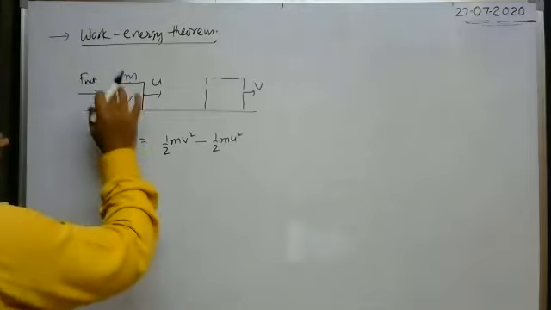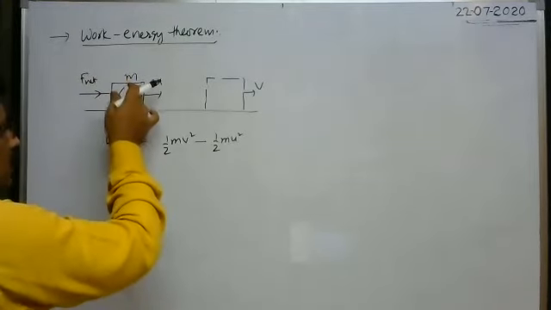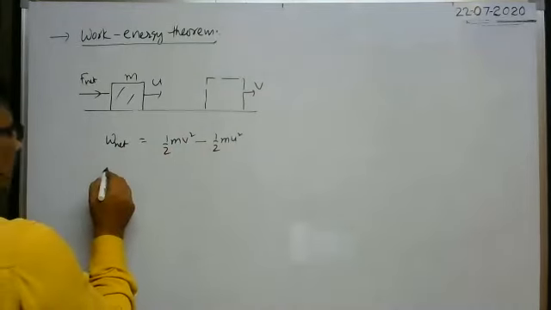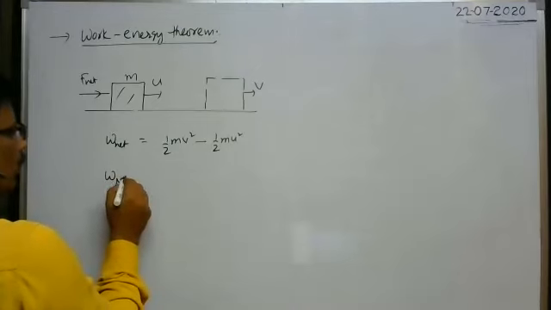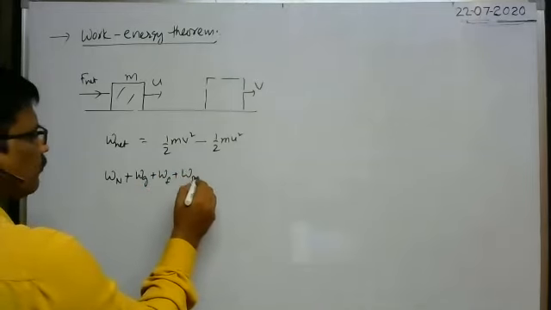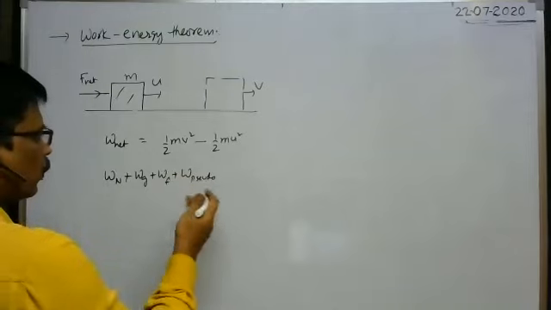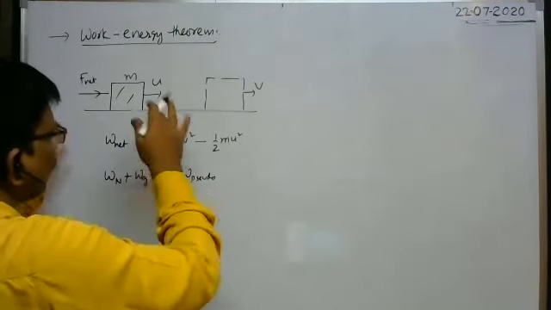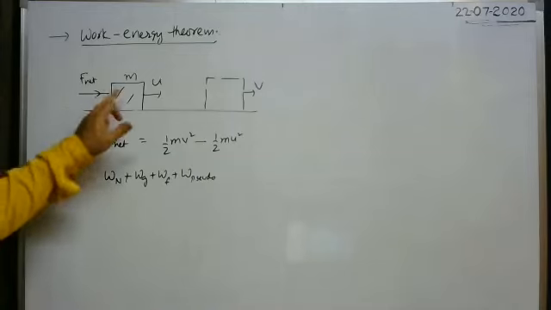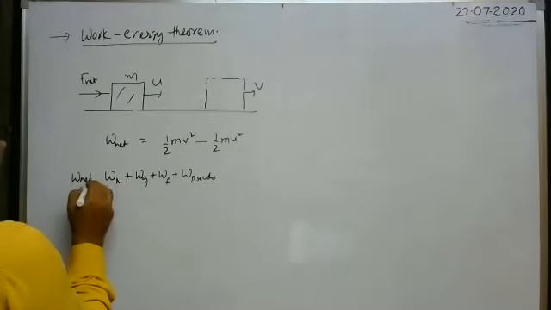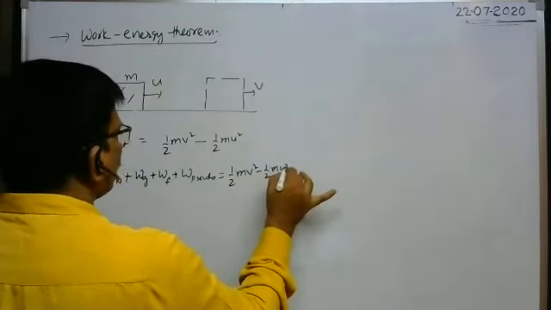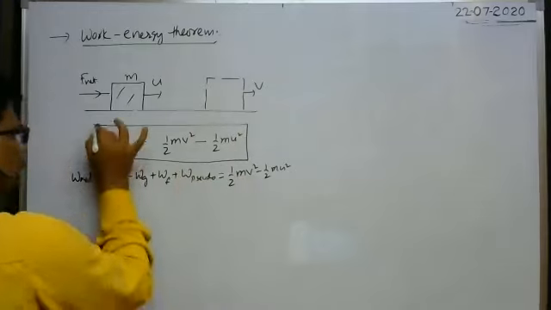Here, because different forces act on a body, the net work done by all the forces on the body is equal to the change in kinetic energy of the body. Net work done means work may be done due to normal reaction, due to gravitational force, due to friction, due to pseudo force. In this way, different forces act on the body in different directions. So you find the algebraic sum of all the work done on the body. This is the net work done. This net work done on the body is equal to the change in kinetic energy, half mv square minus half mu square. This is the work statement of the work energy theorem.